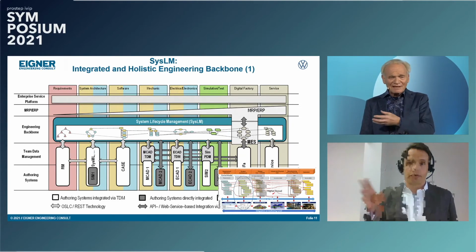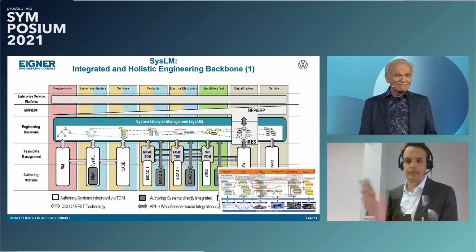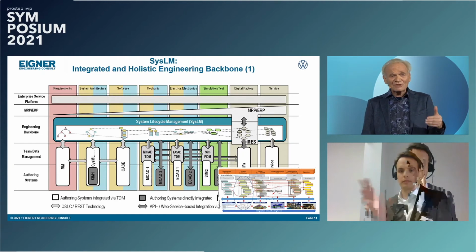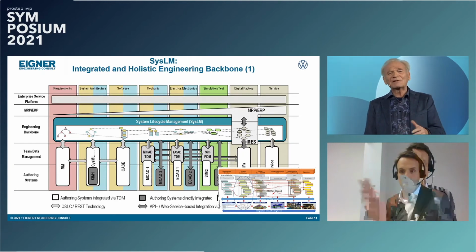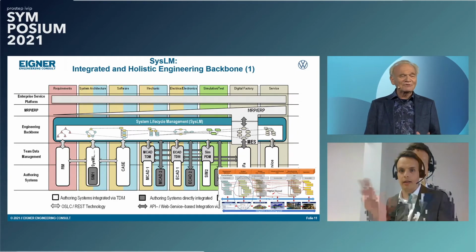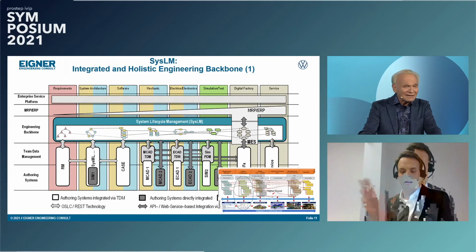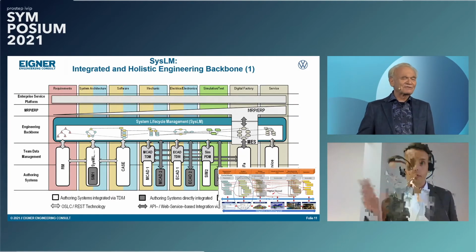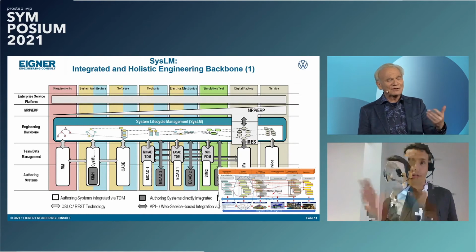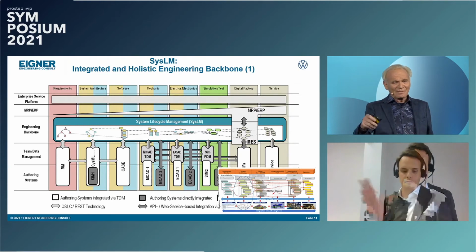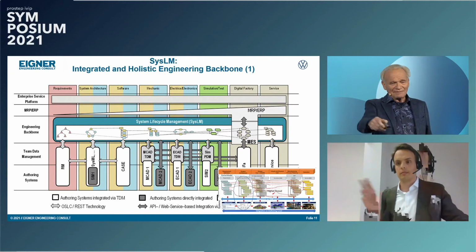You can see the integrated horizontal backbone. Typically, all the engineering processes like change management, configuration management are running on the backbone, and you can see the vertical, particular and partial model-related vertical integrations from the authoring system via team data management into the backbone. I think what is interesting,